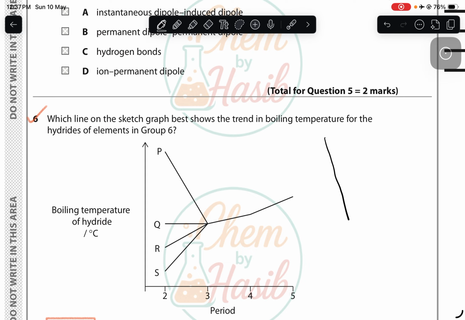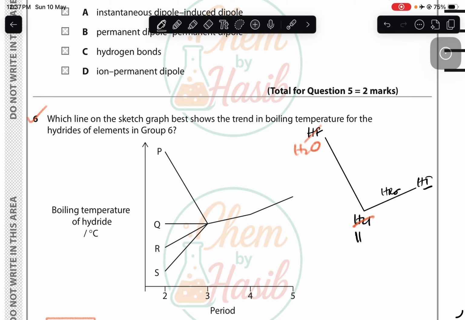if you look at the boiling temperature of the group 7 hydrides, it's hydrogen fluoride, then we have hydrogen chloride, then HBr, and then HI. So the trend in the boiling temperature looks like this, right? And group 6 has a similar trend. In group 6, instead of HF, there will be water. It will have the highest boiling temperature because it has hydrogen bonds. And in place of HCl, there will be hydrogen sulfide,